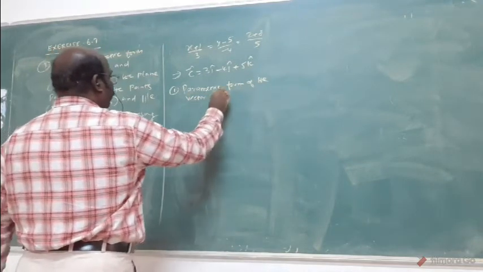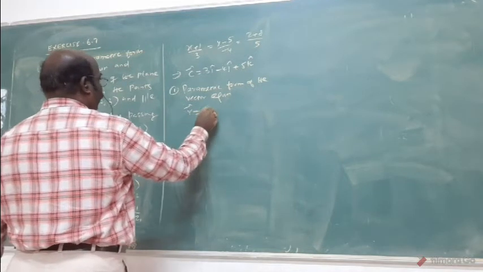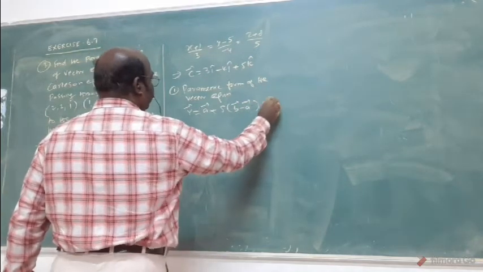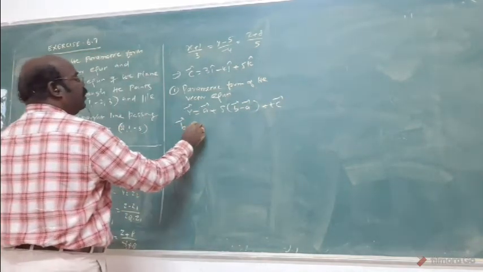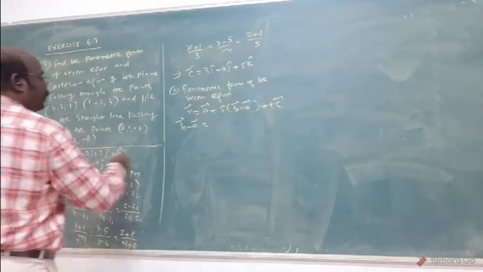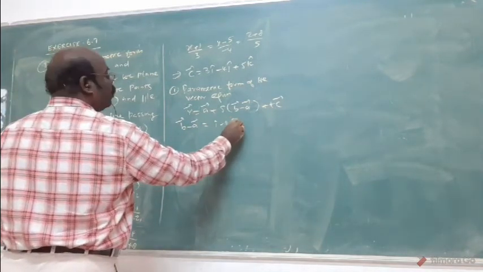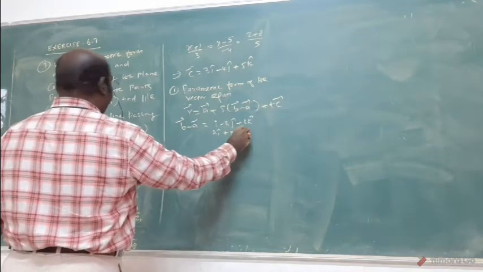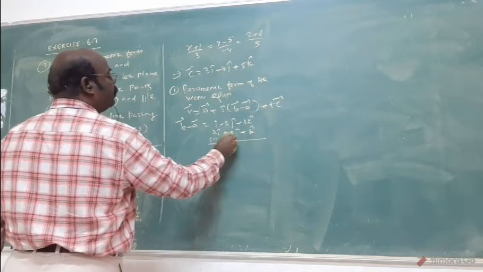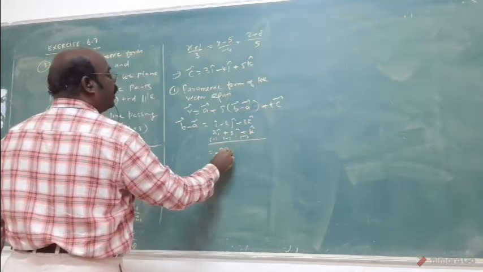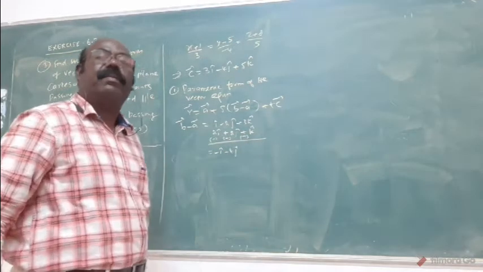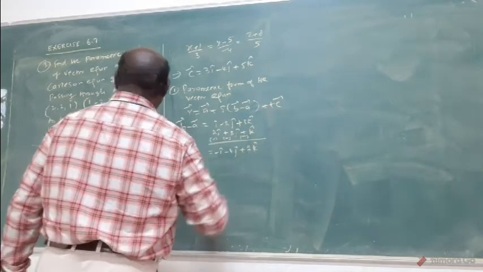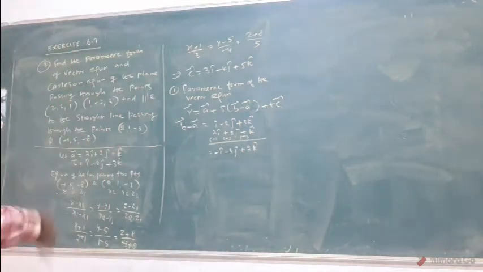vector equation. What is the formula? R vector equal to A vector plus S into (B minus A) vector plus T into C vector. We want the B minus A vector. B is what? Second minus first: i cap minus 2k cap, 3k cap, minus 2i cap, 2j cap plus k cap. Subtract: minus i cap, minus 4j cap, then plus 2k cap. Am I right? First one over. Next is B minus A, no?